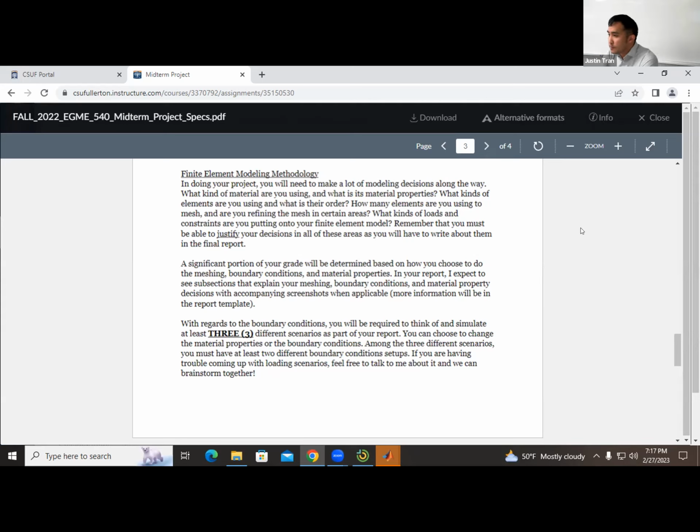In terms of justification, for the 3 different scenarios, do we show the mesh? You can use the same mesh for all 3 scenarios. I wouldn't expect that to change, unless the stress distribution is drastically different between the 3. But I do want to see a figure for each loading scenario: this is scenario 1, here are all the loads, here are the fixed constraints. I want to see a figure like that for all 3 scenarios.